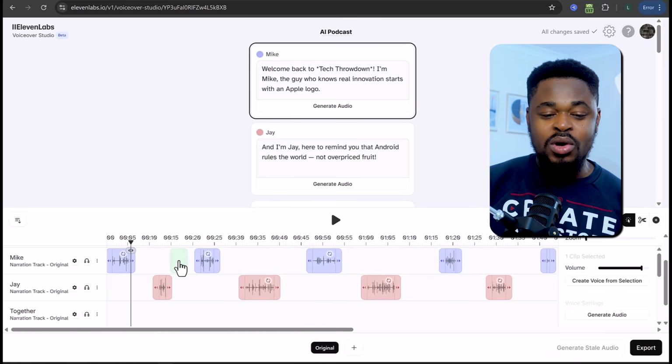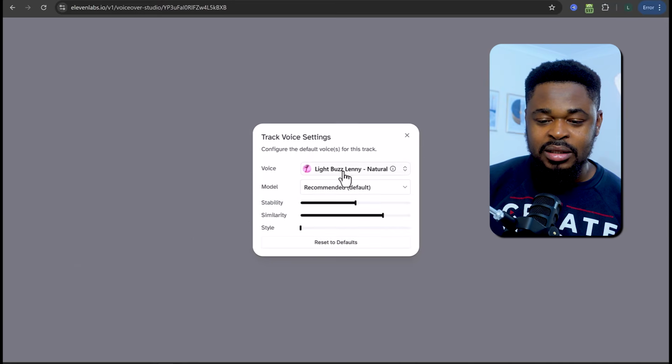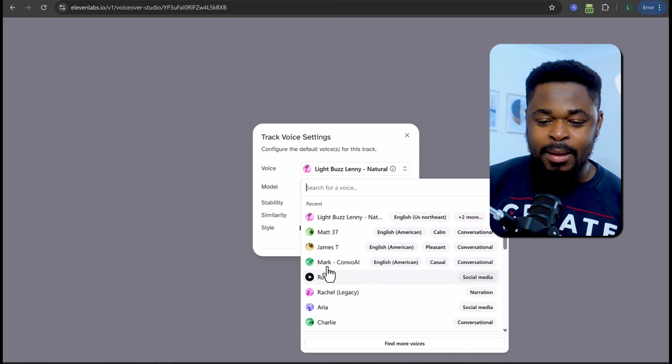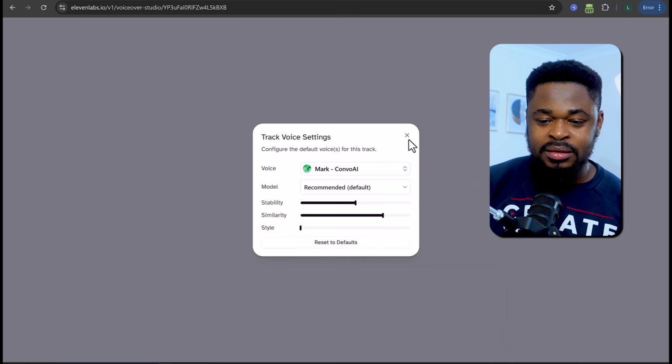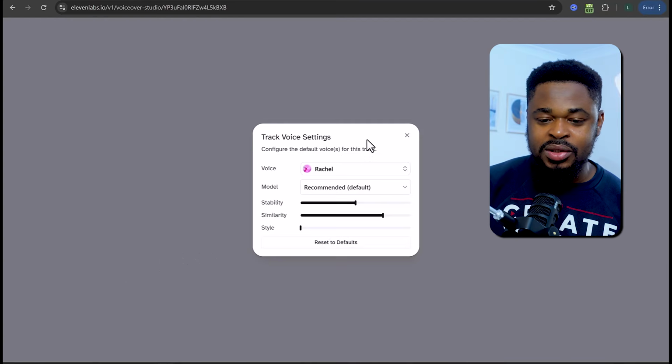It's not the voice that I want. For this first track, which is Mike, I'm going to use Mark. And then for J, I'm going to use